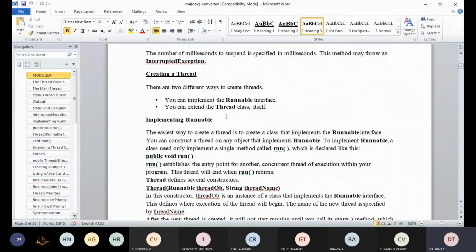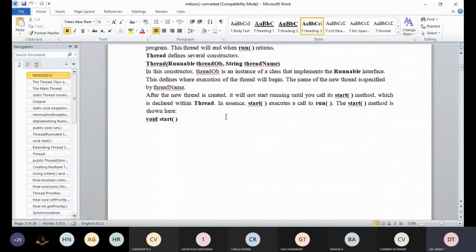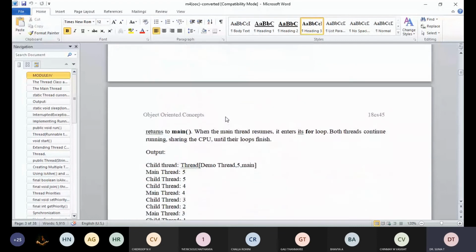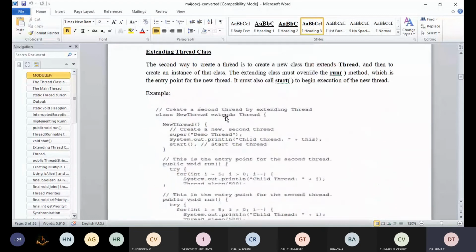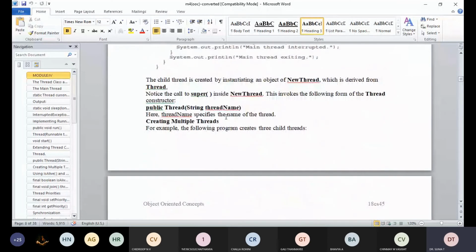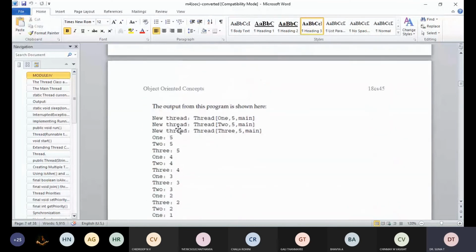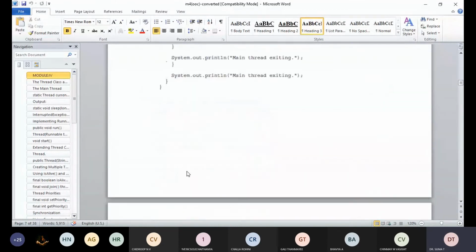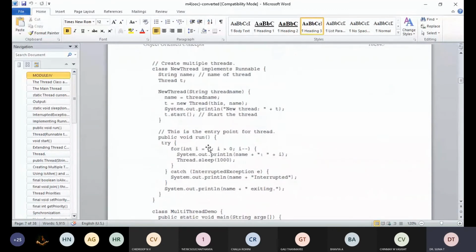Okay, so go through the program, how you are going to pass the parameters for the multiple threads, right? See now, 1 5, 2 5, 3 5. Next time 1 4, 2 4, 3 4. Because of the i loop, when 1 executes, it is going to print i equal to 5.